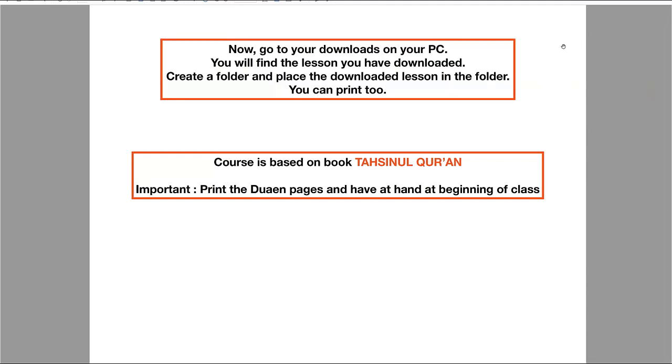Okay, so that's essentially how to download lessons onto your PC. Again, that's a lot of information that I've just given you, and you may be thinking, oh, there's too much for us to remember, but not to worry. All of our lessons are recorded and they're available for you to go back to and to view. And so you can catch up with something if you've not quite fully understood.